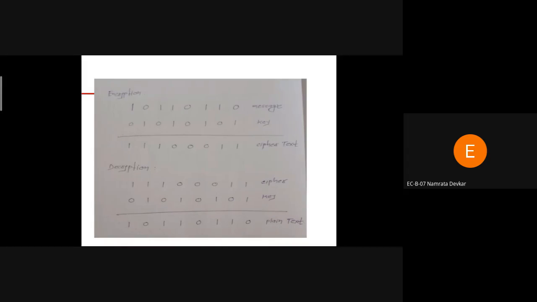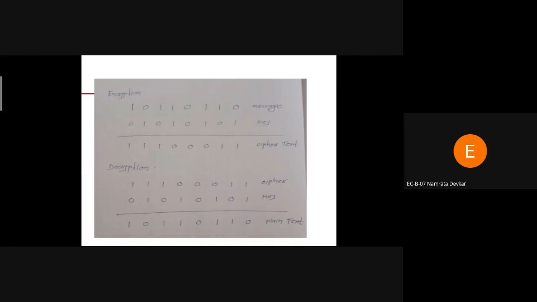Okay, so here we have to use the XOR operation. If the input bits are different, then our output is 1. That means for 0 1 and 1 0 the output is 1, and for 0 0 the output is 0, and for 1 1 also the output is 0. So first we have to understand the truth table of the XOR gate. If the input bits are different, we write 1, and if the input bits are the same, we write 0.